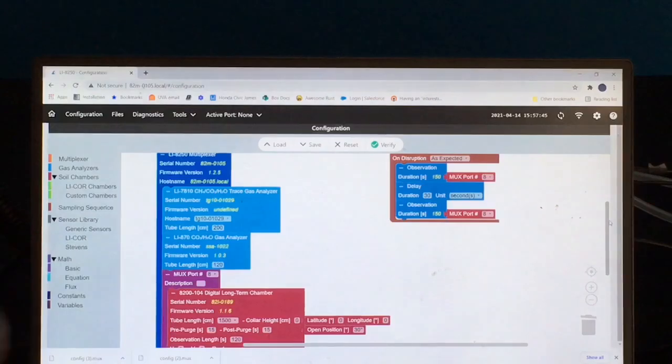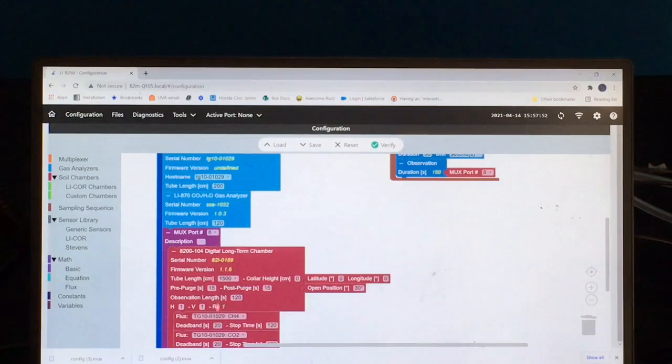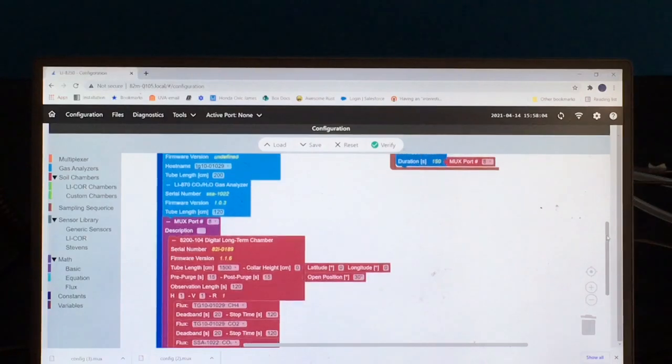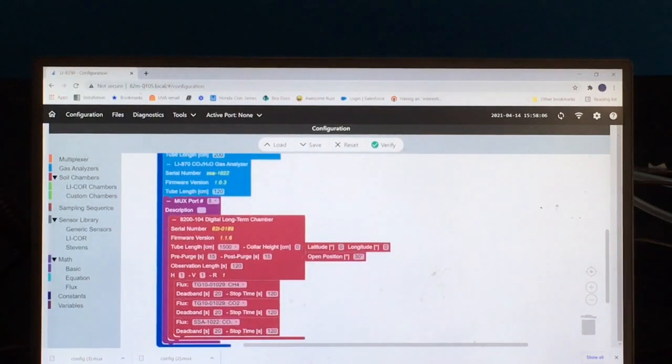There are a few more things you have to be careful about when you are setting up a measurement. The volumes and the tubing have to be entered more accurately. You can always go back and correct them in SoilFlux Pro, but here you can make those changes. Regarding the observations, the way we compute the observations,